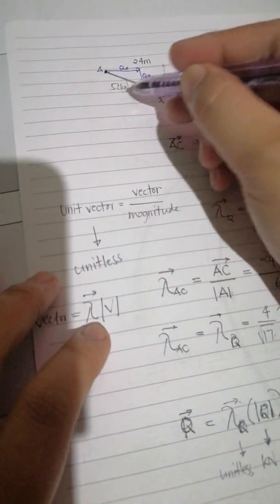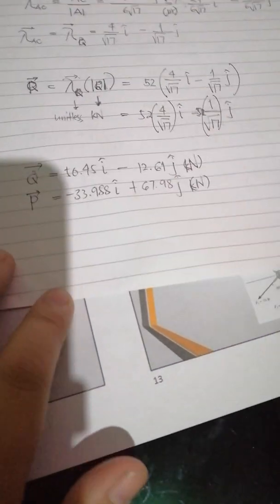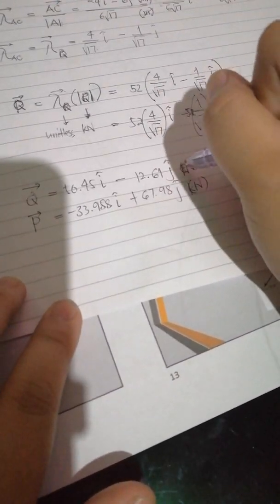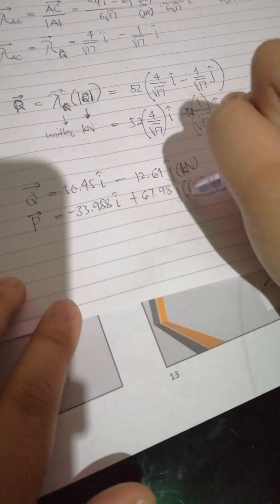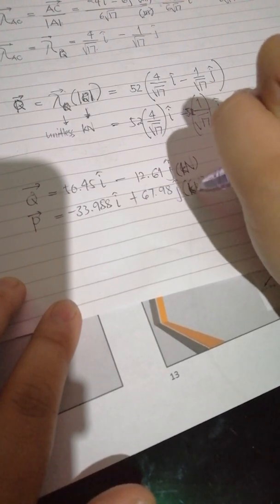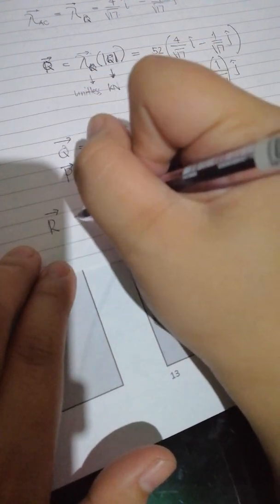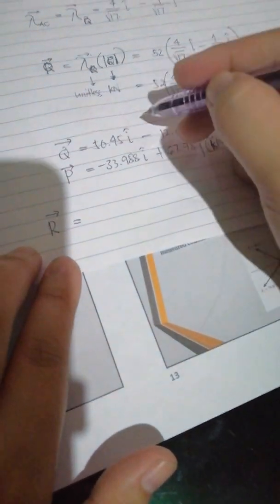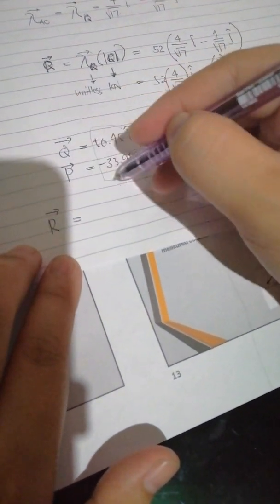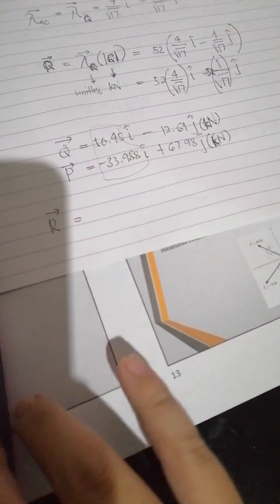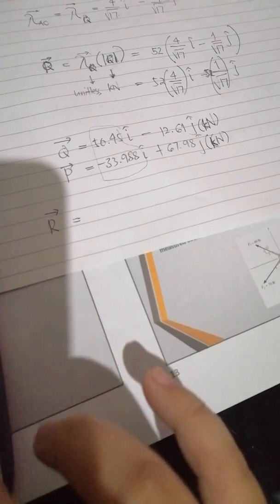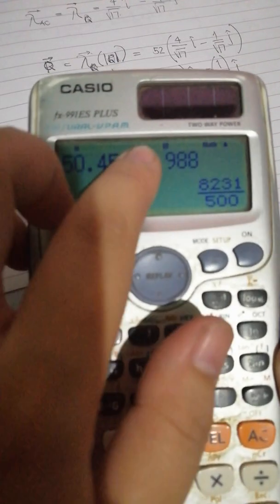The given magnitude is in kilonewtons. Okay, let me correct that. Okay, so therefore, the resultant of Q and P is, we'll just add all of the i hat components. So that's 50.35 minus 33.988. So remember, you have to carry the sign. So that is 16.46